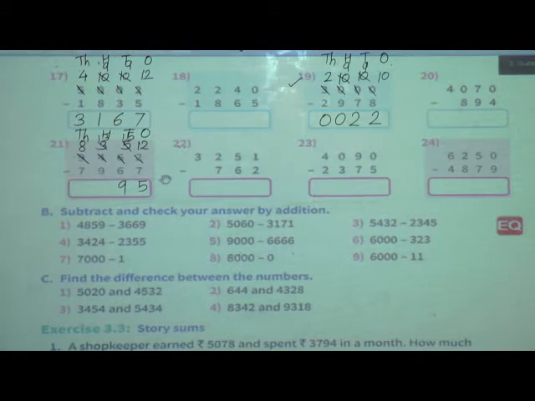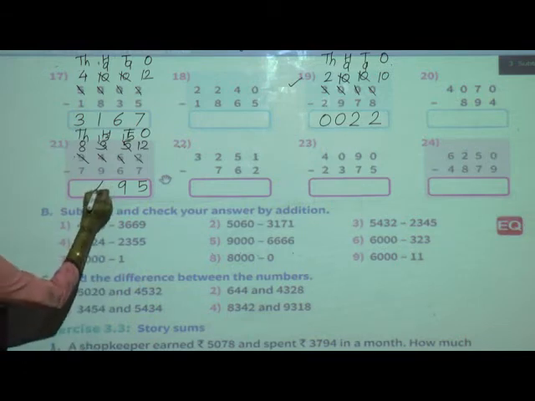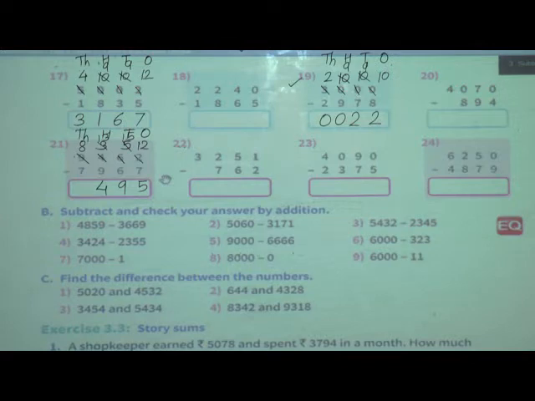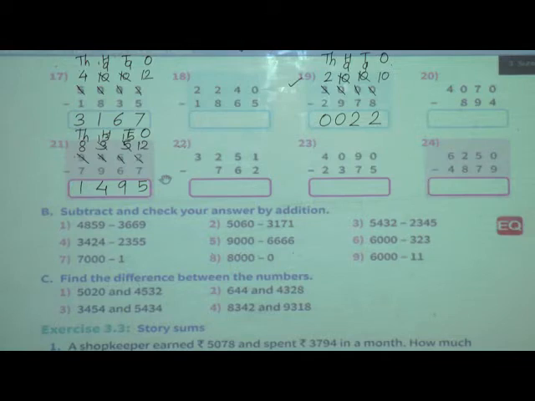Okay. Now see the hundreds place. 13 minus 9. After 9, count your fingers till 13. 10, 11, 12, 13. So 13 minus 9, we will get 4. So write 4 at hundreds place. Then thousands place is remaining. See the thousands place now. Here in the first number there are 8 thousands and in the second number there are 7,000. 8 minus 7, 1. So we'll write 1 at thousands place.